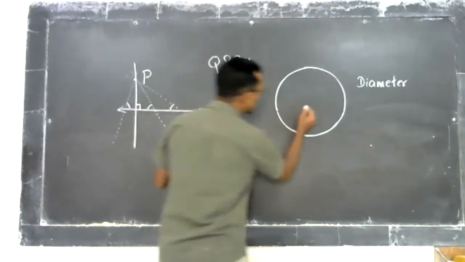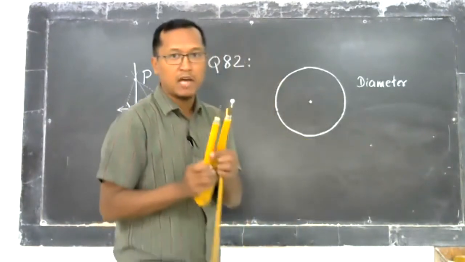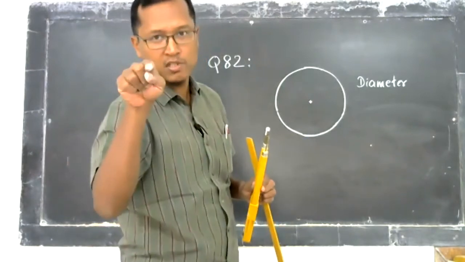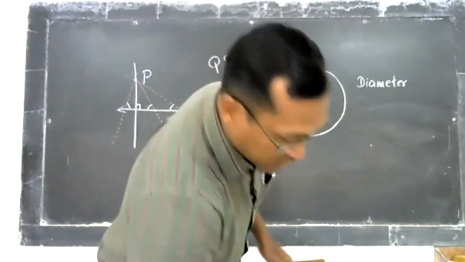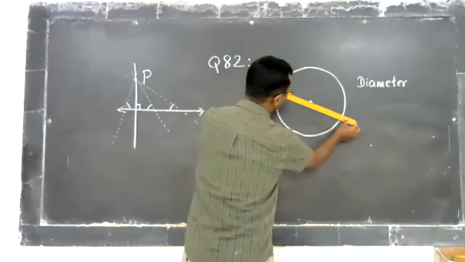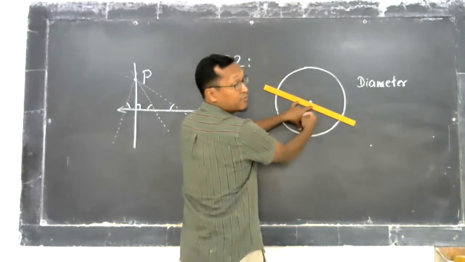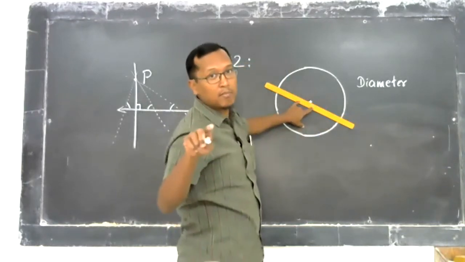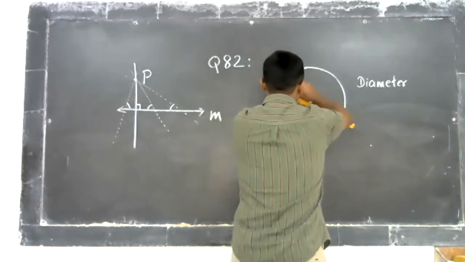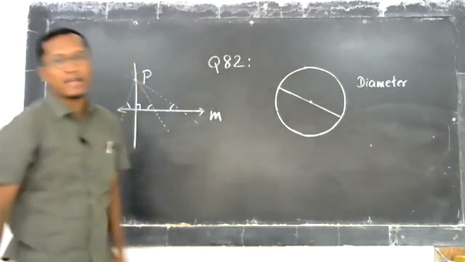So the center of the circle, where I had placed the sharp end of the compass, that will be the center of the circle. So if you do it in your notebook, you will see the pinpoint over there. So any line that I draw which passes through the center of the circle and touches the circle at 2 points in the circumference, that will become my diameter. So I'm going to draw it like this. So that becomes one diameter.